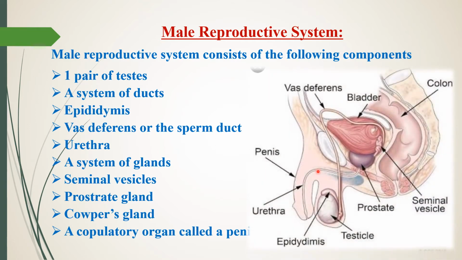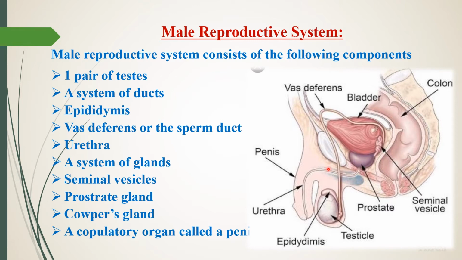Now in this picture you can see the different components of the male reproductive system. First we study the testes. There is one pair of testes. This structure is called the testes, and the testes are enclosed by this sac-like structure called the scrotum. This helps lower the temperature by 1 to 2 degrees for active sperm function. And after the testes there is